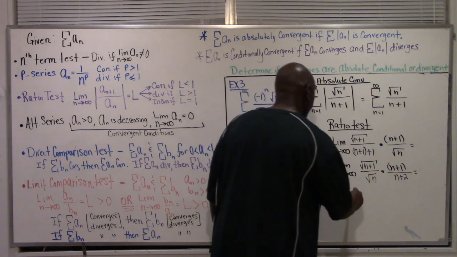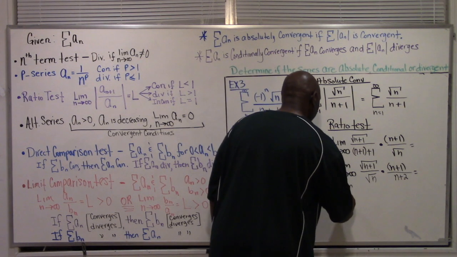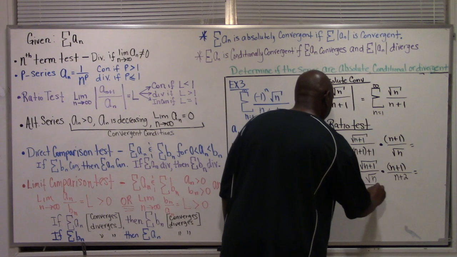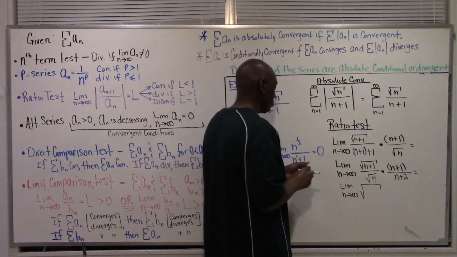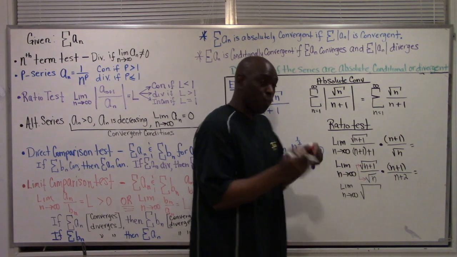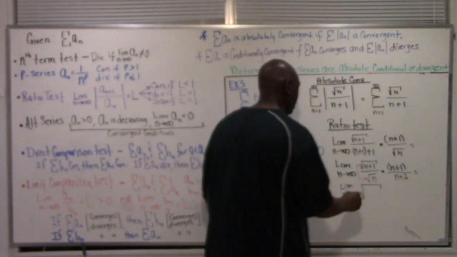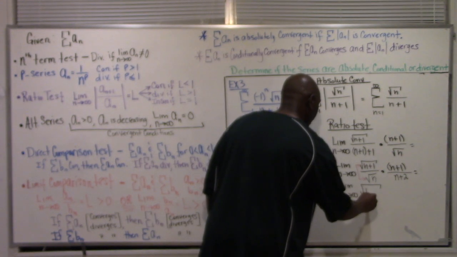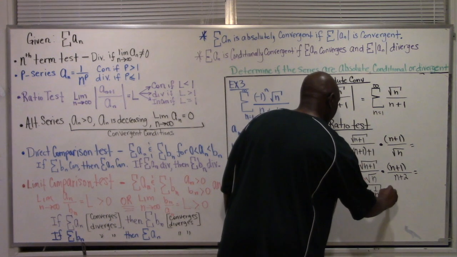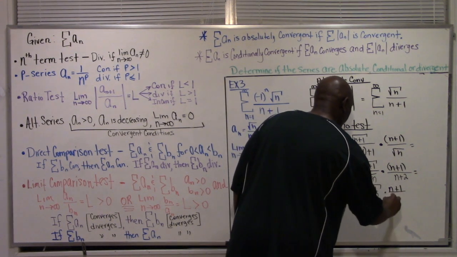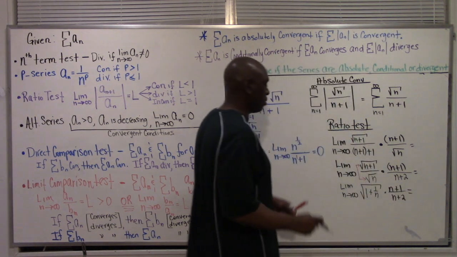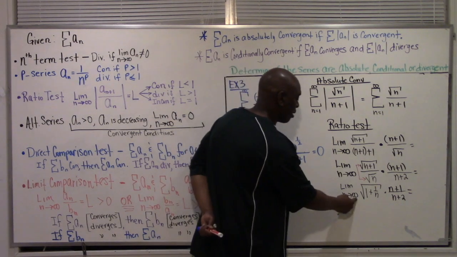And so this is now going to give me the limit as n goes to infinity of the square root. I'm going to combine these two here and just write it as one radical. So that's going to be the limit as n goes to infinity of 1 plus 1 over n times n plus 1 over n plus 2, which is going to equal, here we go, as n gets very large,